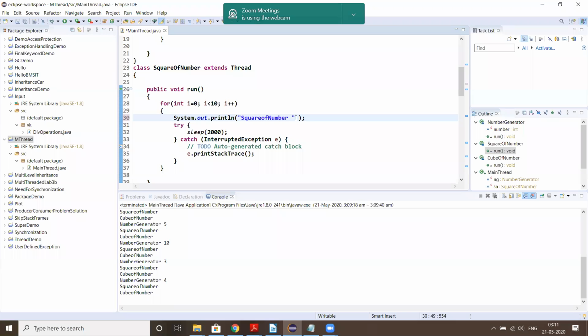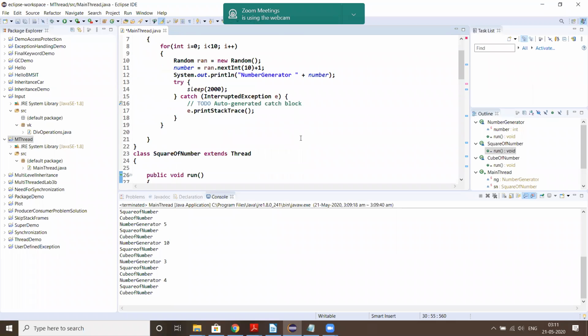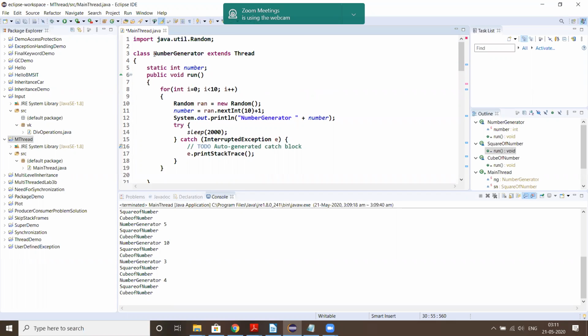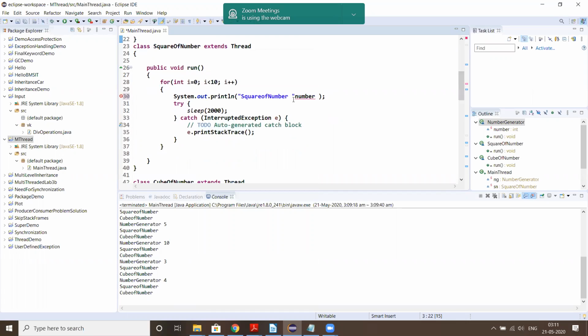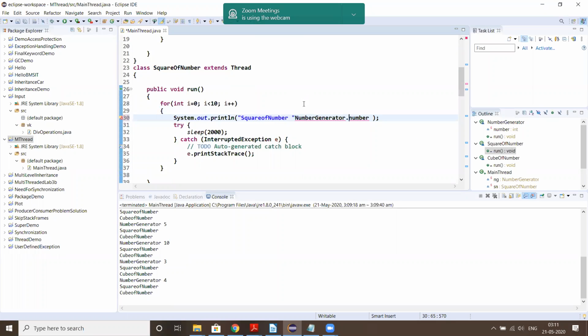If you want to access that number and simply type number, it gives me an error, because that number variable, that is a data member, is in the NumberGenerator class. So I need to prefix the number with this.